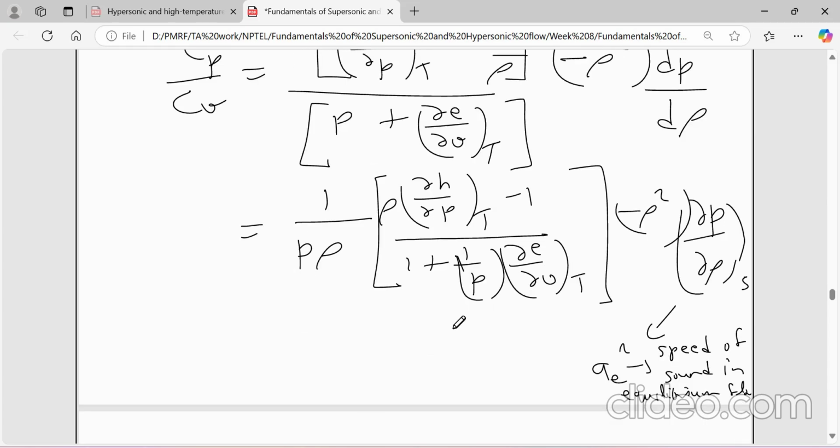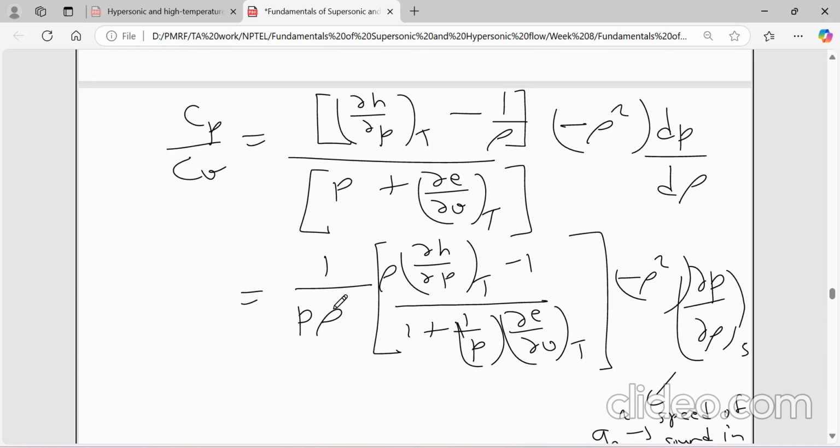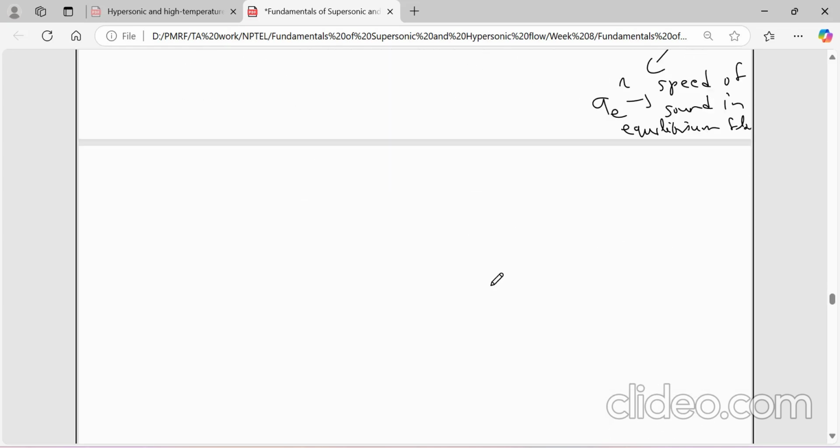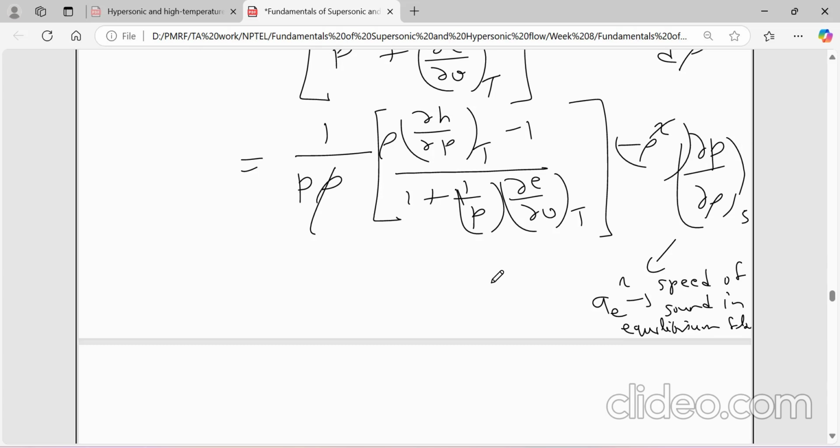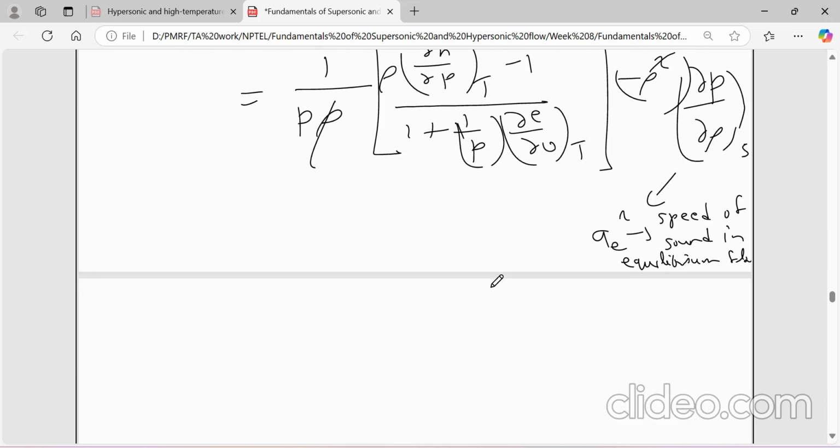So you substitute it, and this 1 rho will cancel 1 rho, and this minus 1 will multiply it inside. So